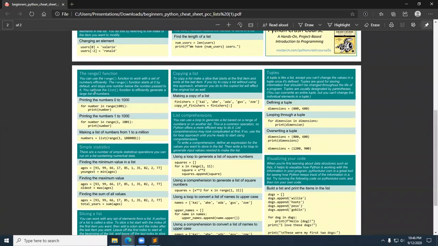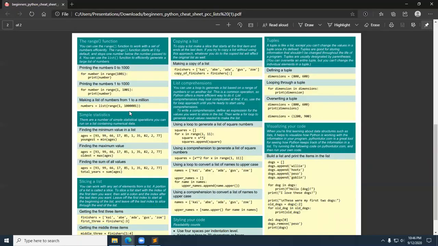The range function. Yeah, we covered the range function pretty well. So we used the range function to work with a set of numbers efficiently. So it starts at 0 by default, and you can just keep on reading about this, and it shows you how you can iterate through the range with the for loop,